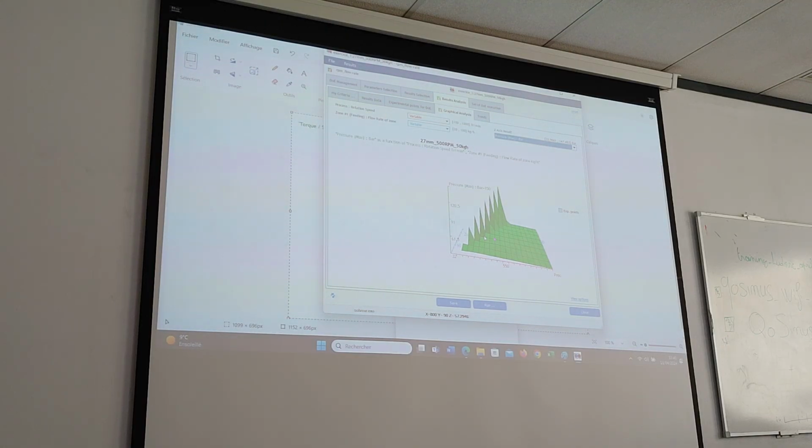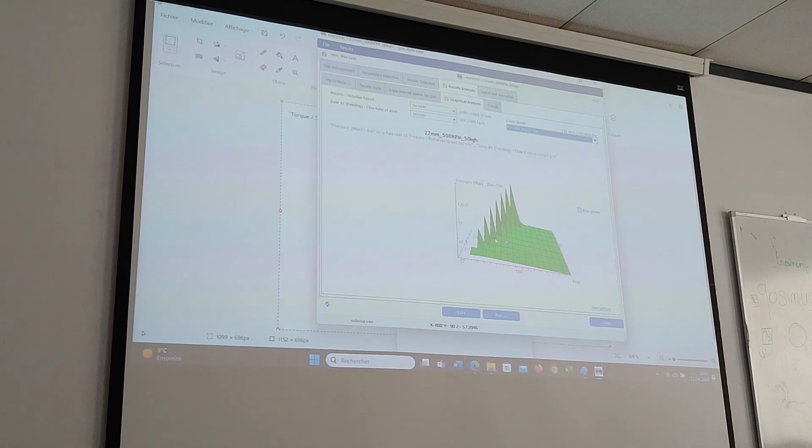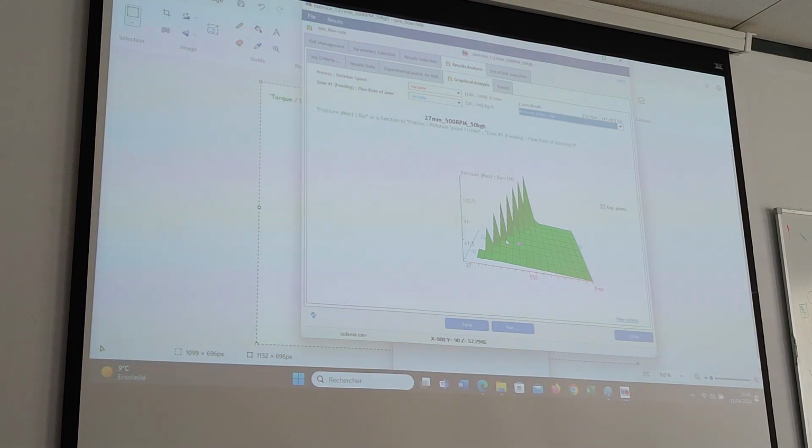Yes, you are right, and for me it makes sense because here we are only looking at what happens inside the die. So for the die, the rotation speed does not really change the pressure you need to go through. It decreases it, in fact, which makes sense because it increases the temperature. Yeah, you're right. It's not directly the rotation speed. It's the fact that it increases the temperature, so it lowers the viscosity of the product. Exactly. And we need a lower pressure to be able to go through the die.